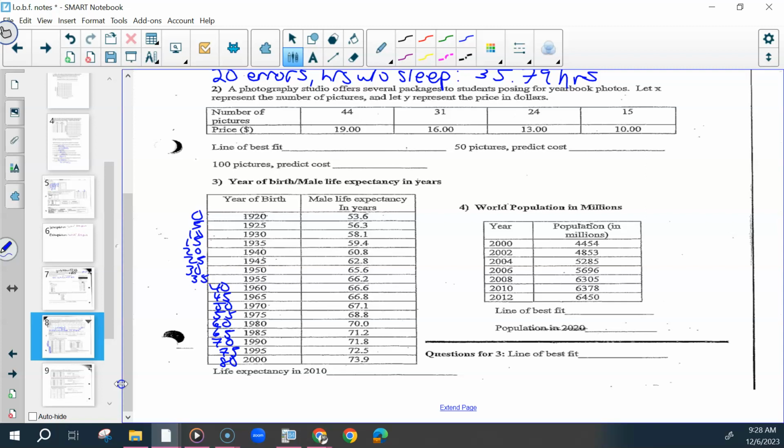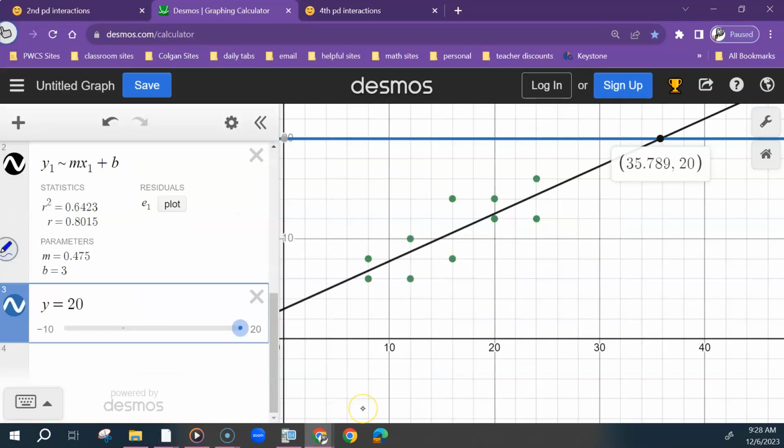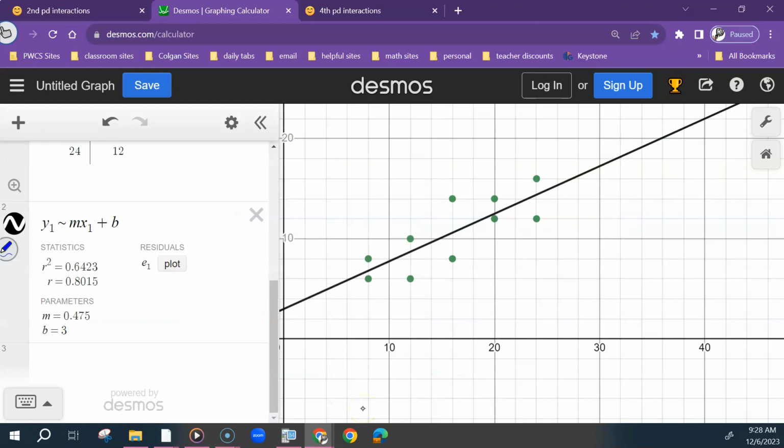Would the year of birth depend on the male life expectancy in years, or would the male life expectancy in years depend on the year of birth? This would depend on the year. So X and then Y. Put those into your table. Be careful. There's a lot of repeating numbers and decimals. Make sure you have all of them. We do a year like the 0, 5. So 0,